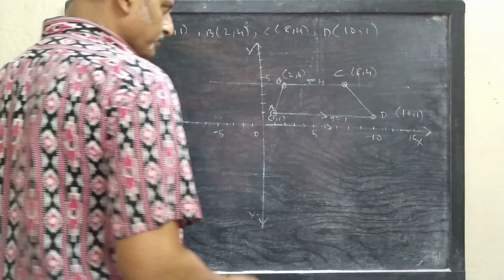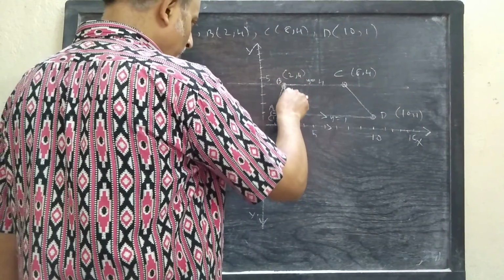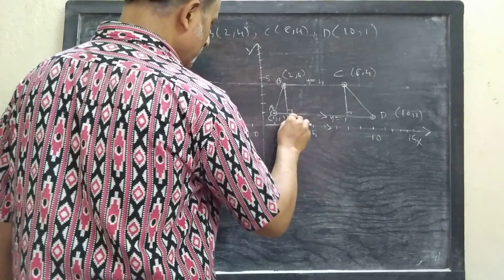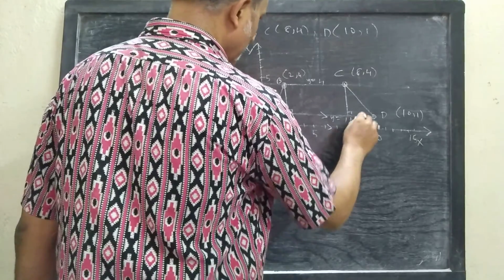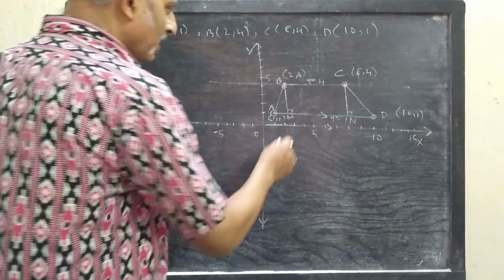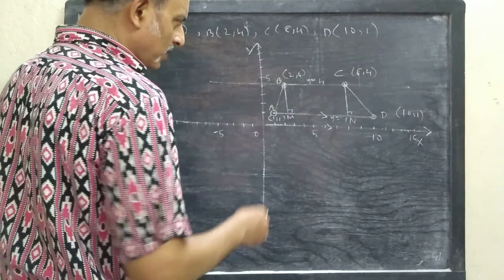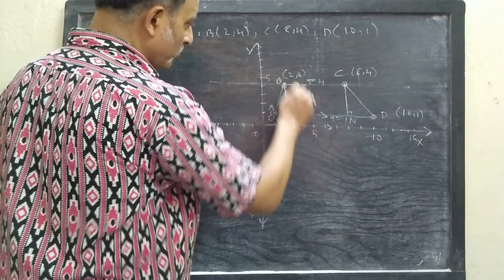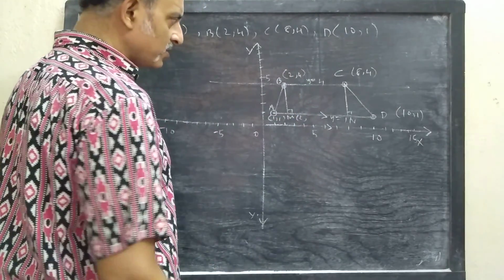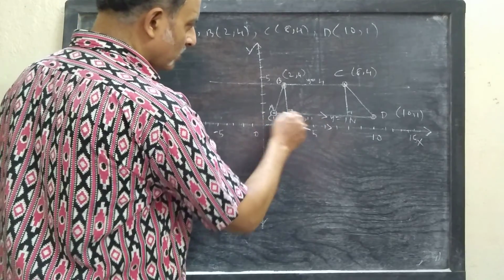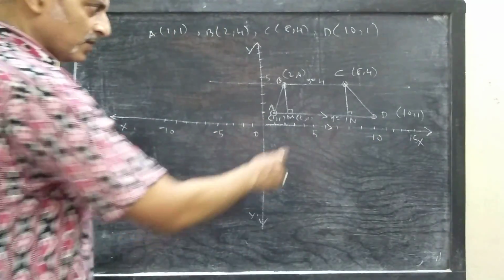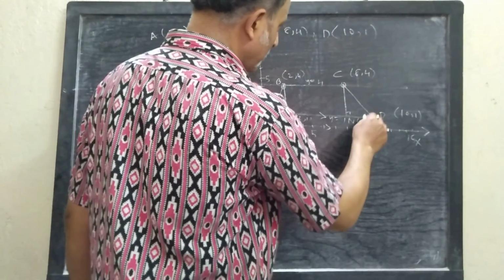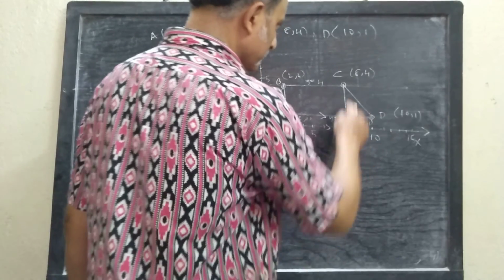Now draw perpendiculars to this line. Say this is M, say this is N. Now look, as you have drawn perpendiculars, these two lines are parallel. So abscissa of the point will be 2 because abscissa of the point B is 2, and ordinate of the point will be 1 because all the points lying on this line have the ordinate 1. So the coordinate of M will be 2, 1. Similarly, coordinate of the point N will be 8, 1.